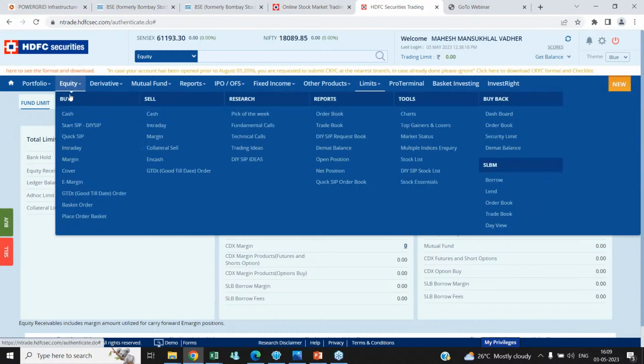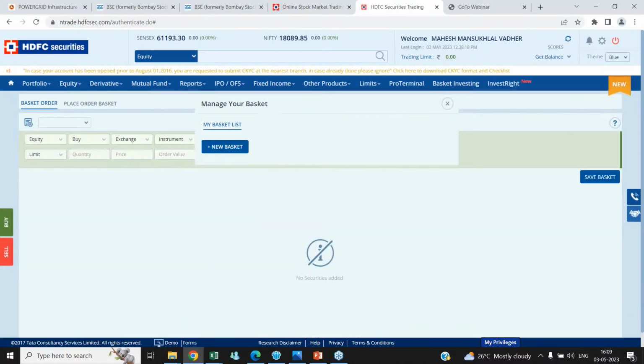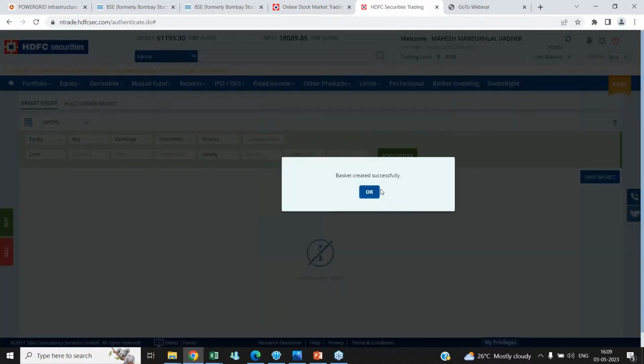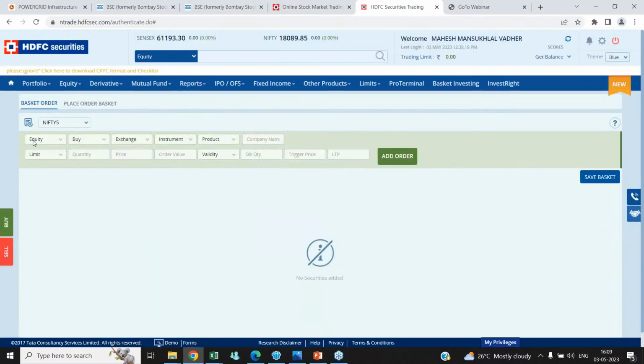Under equity, there is a basket order functionality. Here you first need to create a basket and name it. Suppose I name it Nifty 5 and save this basket. Now both the legs you need to add in this basket, option index